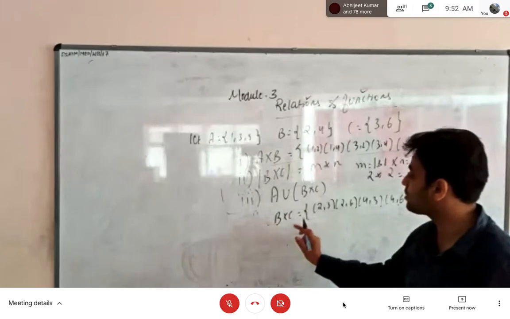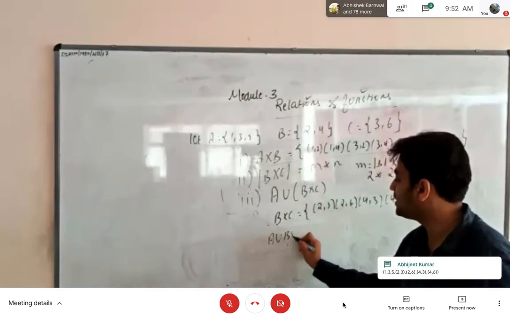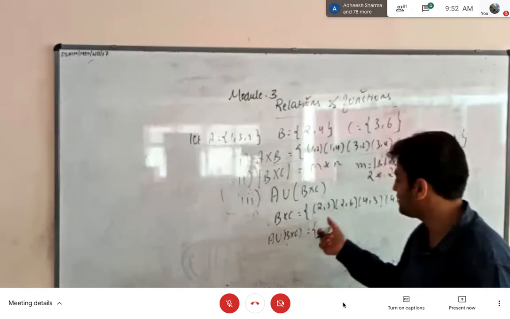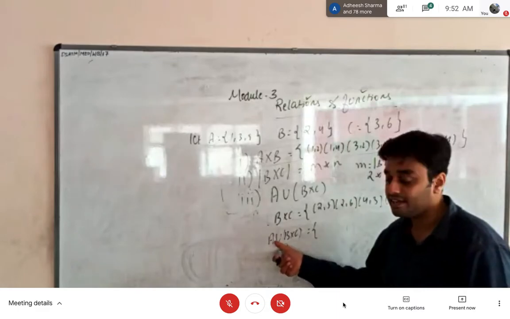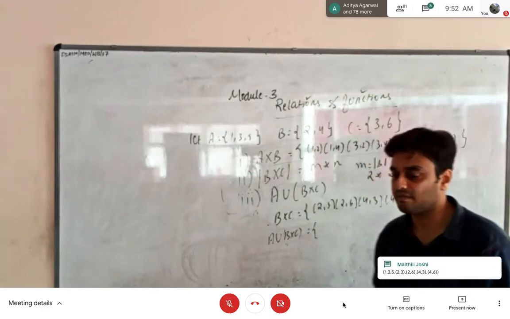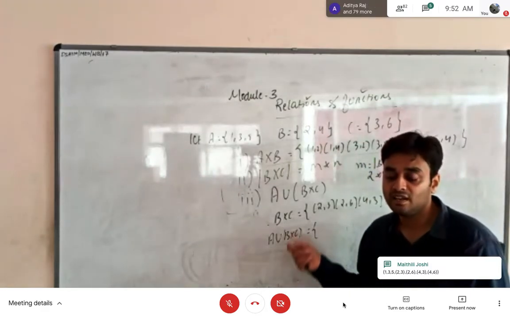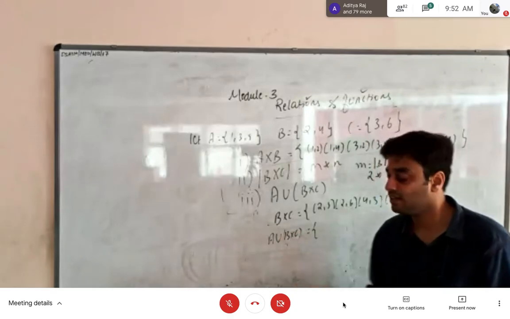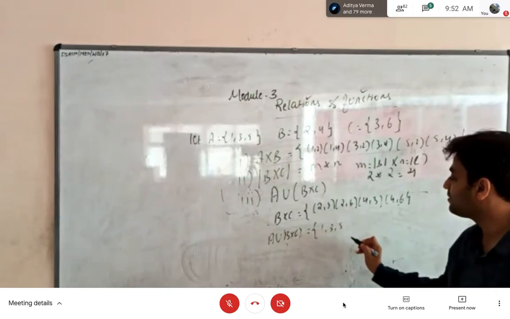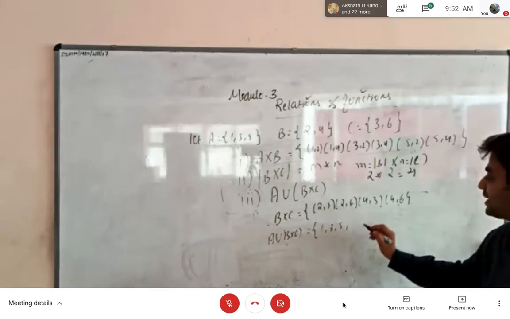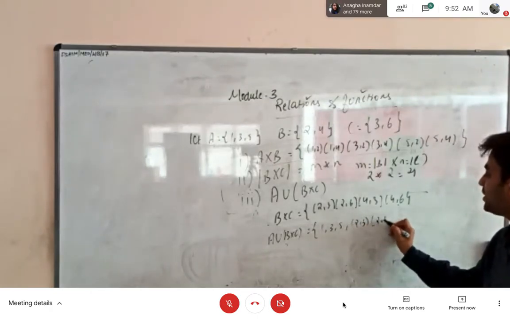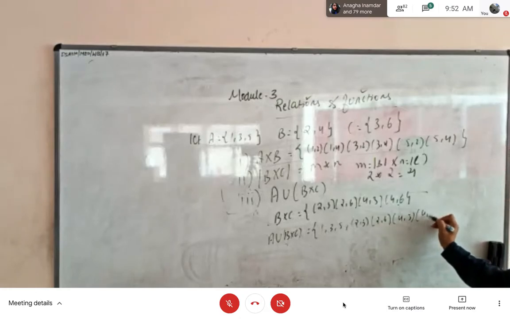So once we know B cross C, next is A union of B cross C. In fact, students usually get confused because in B cross C, what we have is ordered pairs, whereas A is not a Cartesian product. A is just a set. So what does the set contain? It contains elements. When can we find the union between the ordered pairs and a set? Yes, we can. You just have to include all the elements. So the set A contains 1, 3, 5, which are elements, whereas B cross C does not contain elements, rather it contains ordered pairs. So just include everything. Fine?